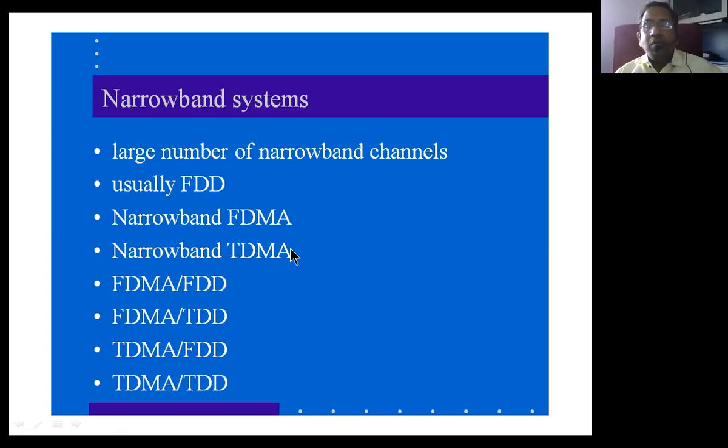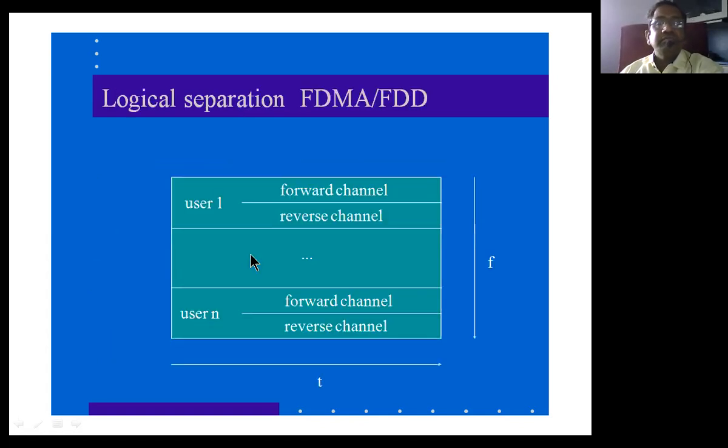So if you want to transmit only voice, then obviously FDD is normally going to go with a narrowband kind of application, where the narrowband FDMA, FDD technique is sufficient to transmit and receive the human voice from the mobile unit. Okay. So if you want to provide service to a larger number of users, then we go with TDMA, FDD or TDMA, TDD techniques. So these are the various narrowband systems which can be designed to implement multiple access techniques.